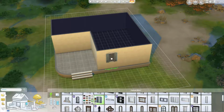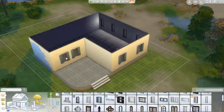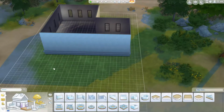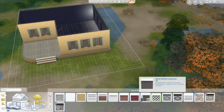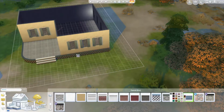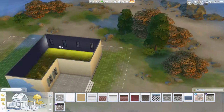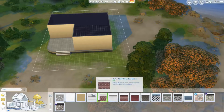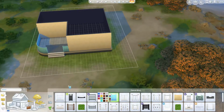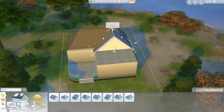I wanted to do a smaller house, but I wanted to incorporate a lot of the newer stuff that we've had from the recent stuff packs. So the Backyard Stuff Pack, which I love a lot of the things in, and I incorporate a lot of stuff from the Kids Stuff Pack, and also I believe the Movie Night stuff. It wasn't called that. What was it called? Maybe it was called the Movie Night Stuff Pack. I actually don't remember what it was called, which is quite unfortunate. So yeah, I decided that I wanted to build a